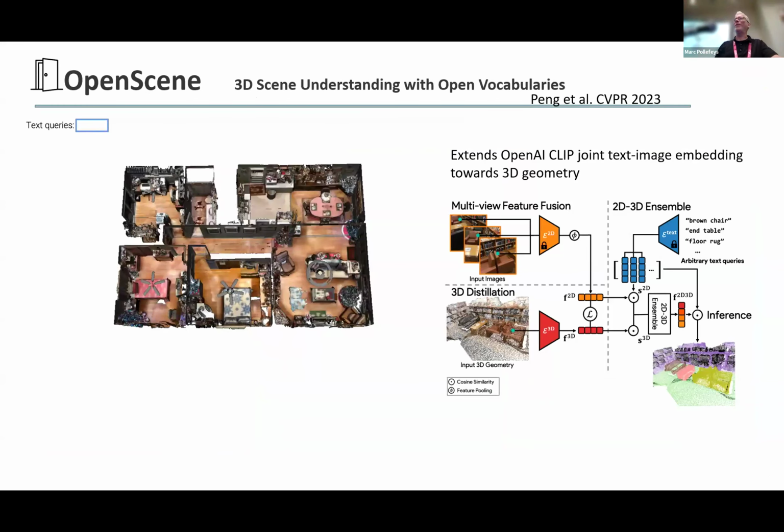But then beyond that, and Tom is just here. So this was a collaboration with Google, and driven by Songyou Peng, back then my PhD student. And so here we wanted to add layers of semantics on top of the geometry. So the idea was to again leverage 2D foundation models here, essentially CLIP, that was aligning text and having a text encoder and an image encoder, and extend that through distillation on the Matterport indoor data set, to extend that to also be able to extract the aligned embeddings directly from the 3D